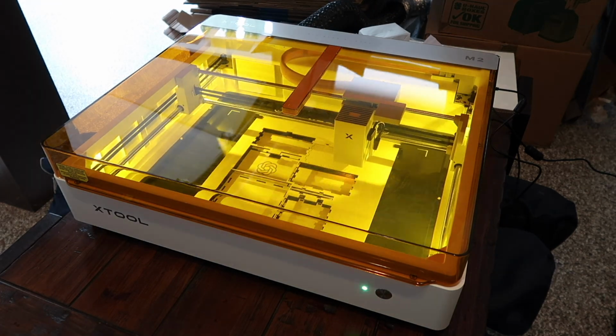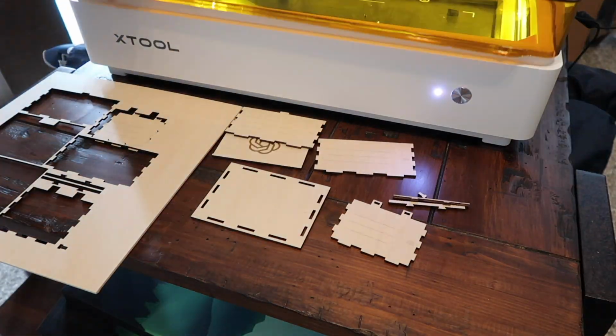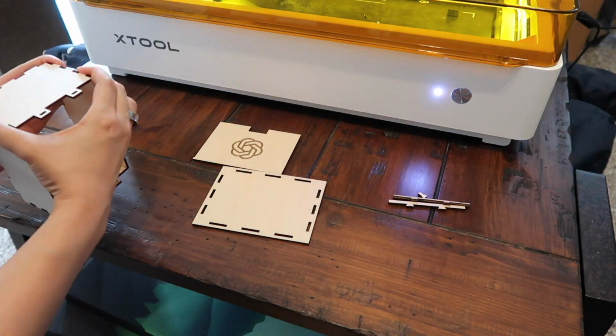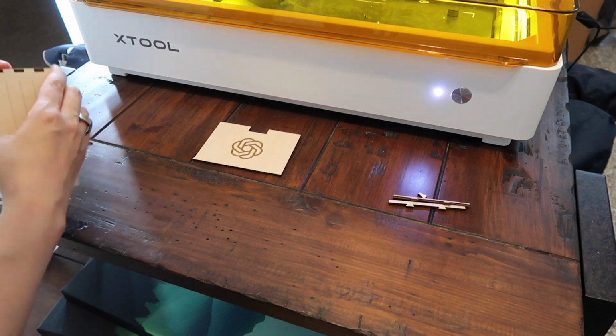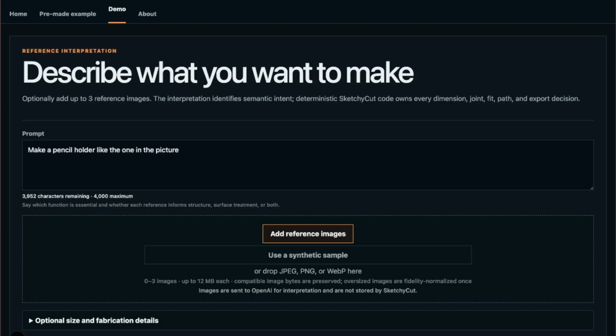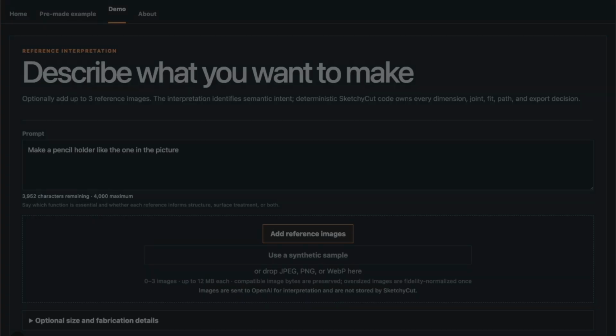When this hackathon project was submitted, I was still trying to solve for how to expand the construction vocabulary without sacrificing generality, deterministic correctness, or fabrication reliability, and I will continue to push to see how far I can get with that. As of this recording, I'm able to provide a description and 1 to 3 reference images to SketchyCut,